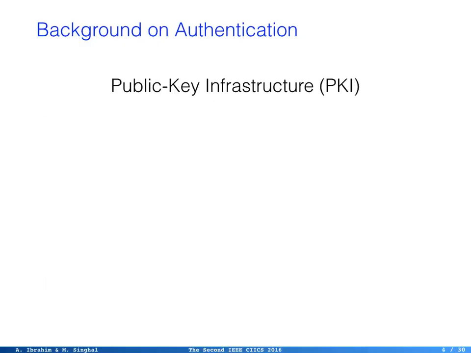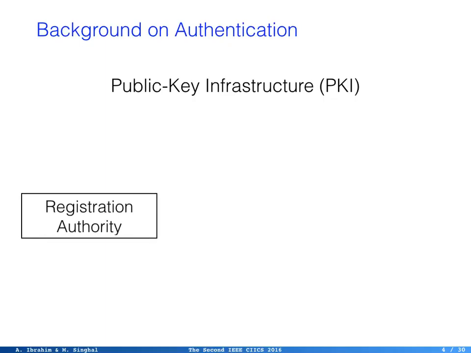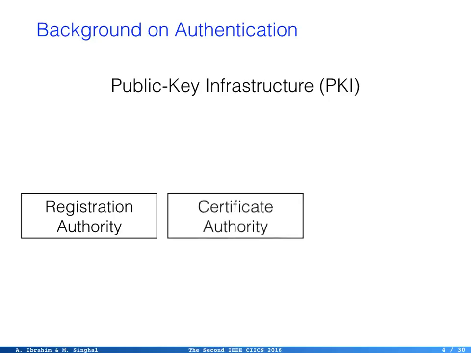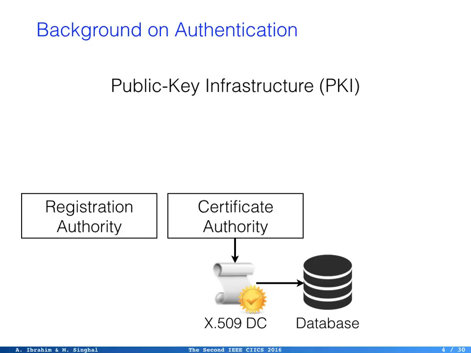A public key infrastructure consists of a registration authority that acts as the verifier for the certificate authority before a digital signature is issued to a requester. A certificate authority that issues and verifies digital certificates to bind identities with corresponding public keys. Digital certificates, which contain identity information for entities, a certificate repository database where the digital certificates are stored, and a checker that runs